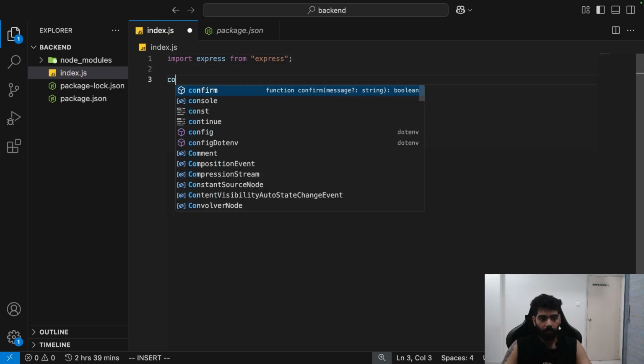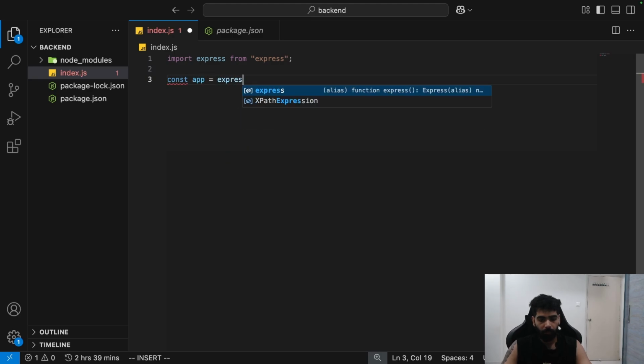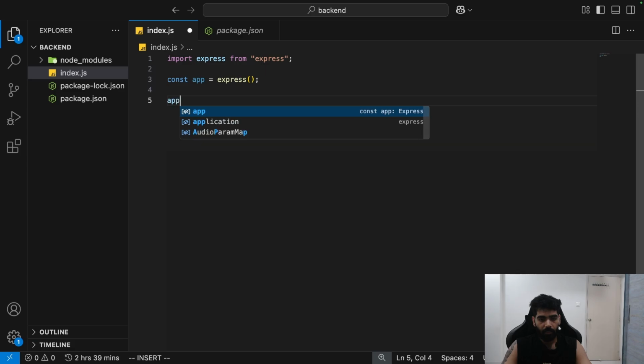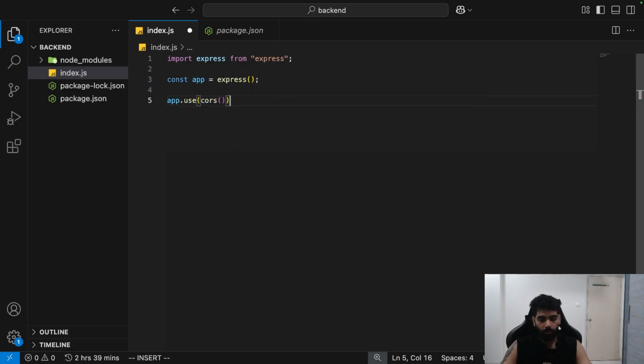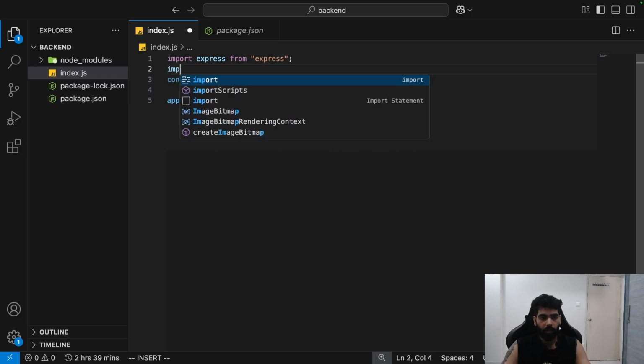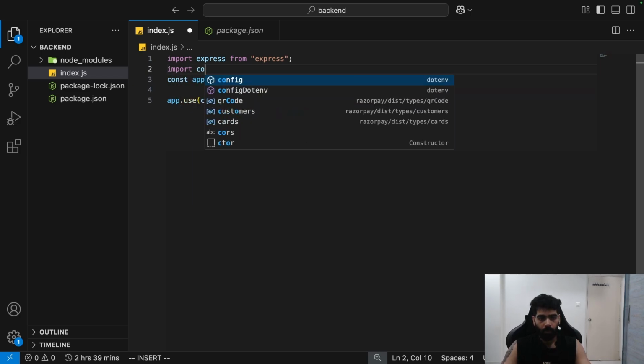I'll start by creating the app, which is from express. I'll start by creating my application, and then I'll need to use cors to enable communication from my React project to the backend, so that the CORS does not block my APIs. So I'll import that as well. Import cors from